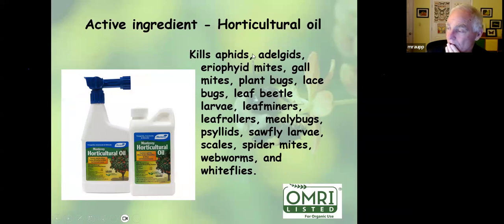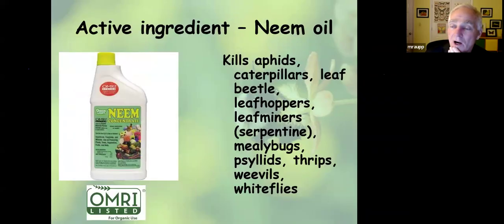Horticultural oil, again, is going to have the OMRI label, and this works very nicely against a very broad variety of insect pests and also mite pests. Always read your labels too. There are going to be cautions on those labels about what plants might be sensitive and what conditions might be sensitive. You might not want to be applying a horticultural oil or a neem oil on a day where it's 90 degrees and 90% humidity because it may cause phytotoxicity on your plant leaves. So always read your labels and follow those labels.